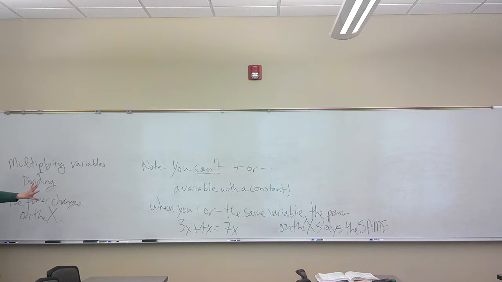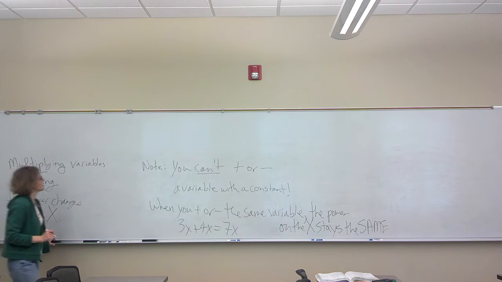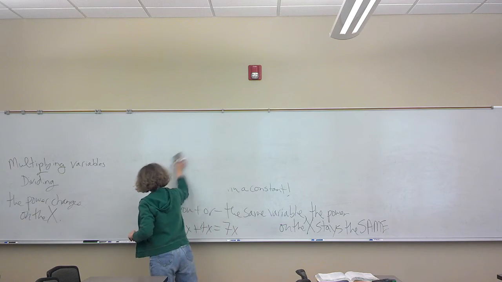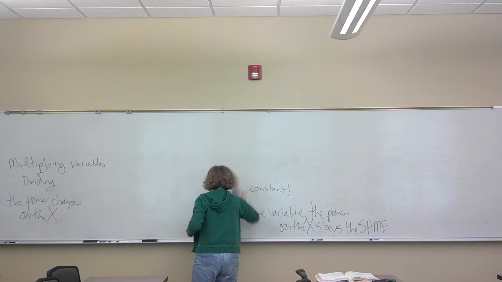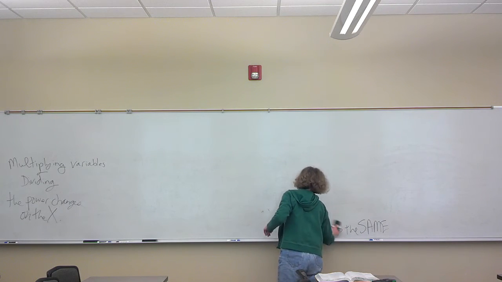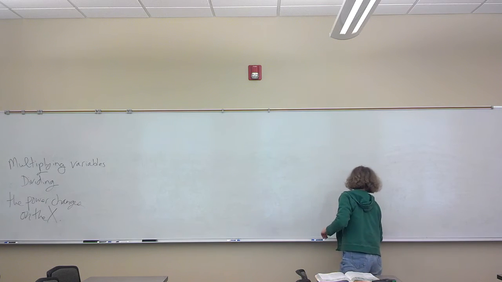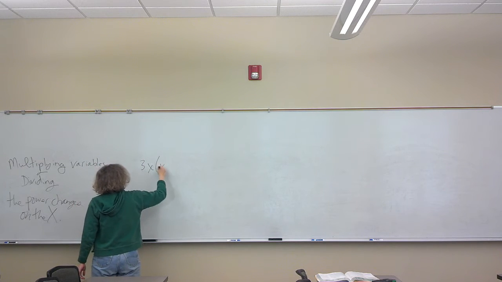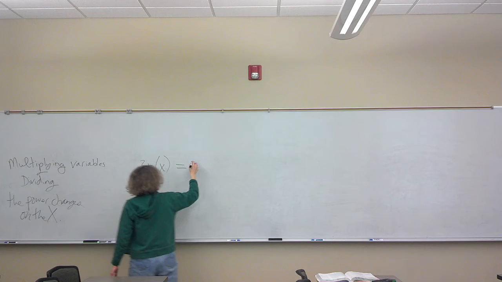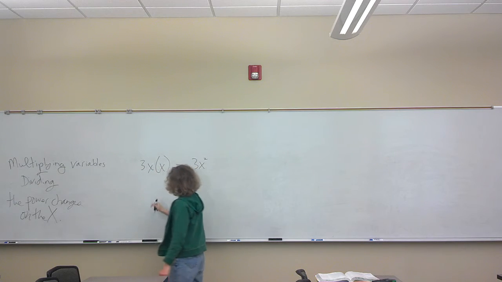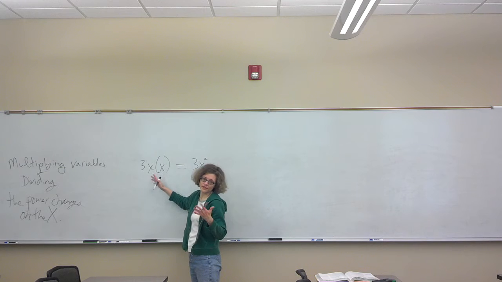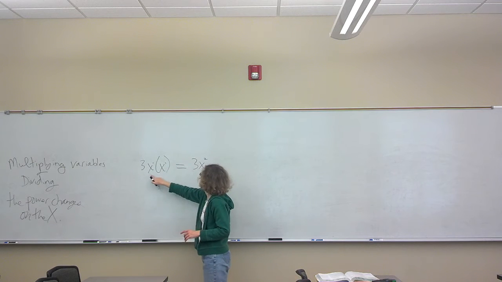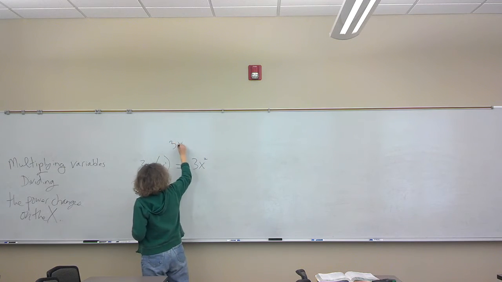This is different. Adding and subtracting is different from multiplying and dividing variables, because when you multiply and divide, you will change the power of the x. So if you have 3x times another x, this is going to be 3x squared. There's also another number that they could put here that they never do. Anytime you have a plain variable, the power of it is 1. So 3x to the first times another x to the first is